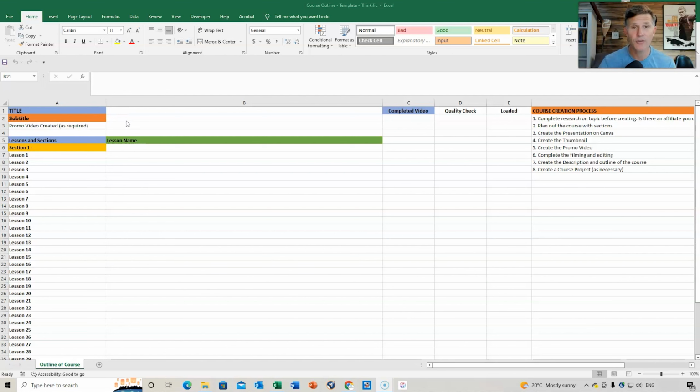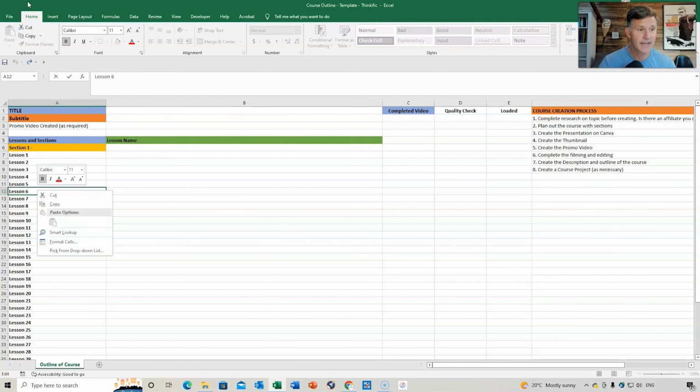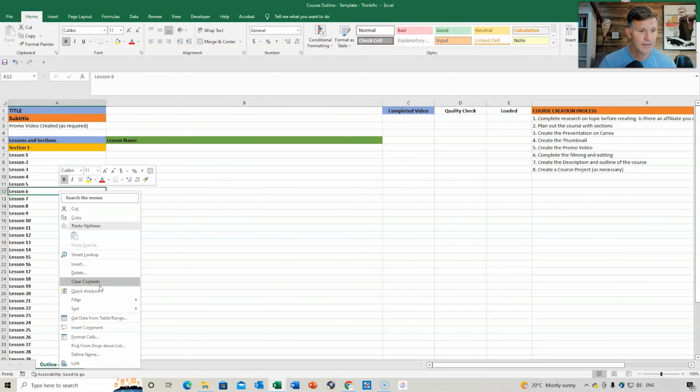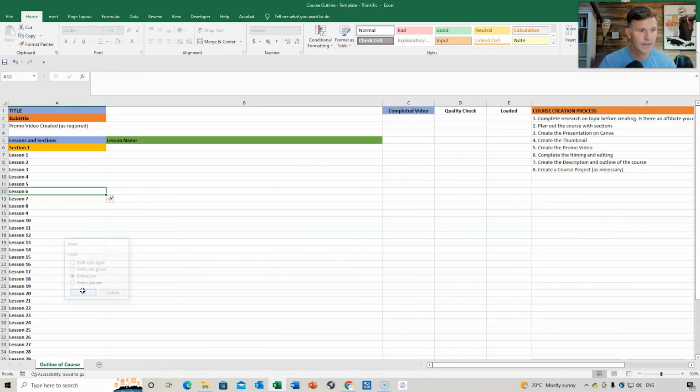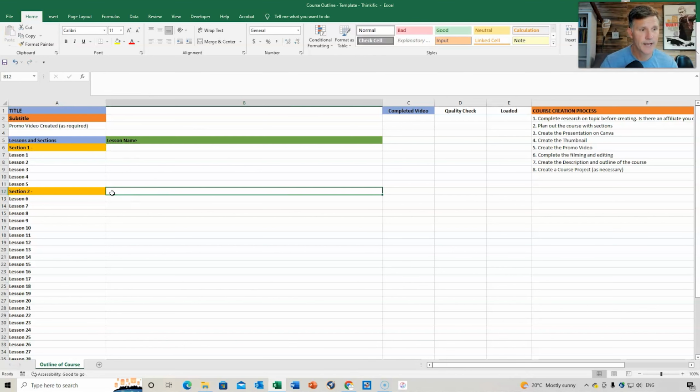It's nice and easy. So I put the title, the subtitle, does it require promo video, and then I start to list the sections. So this might be section 1, might be lessons 1 through to 5. Then I simply just add another row in here and insert row, and then I might just do section 2. And then I can list what section 2 is in this section right here. And you can just keep adding your sections and the lessons. So the lesson name is going to be what that lesson is about. So this one would be planning and preparation, lesson 5 or lesson 6. So you need to add all that information there.